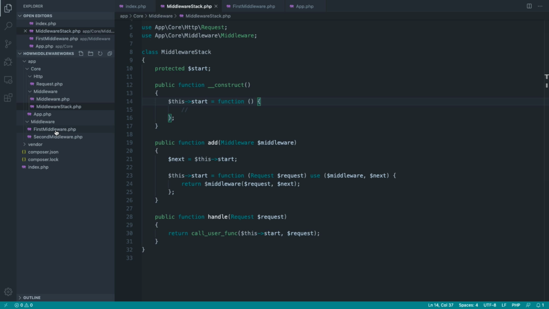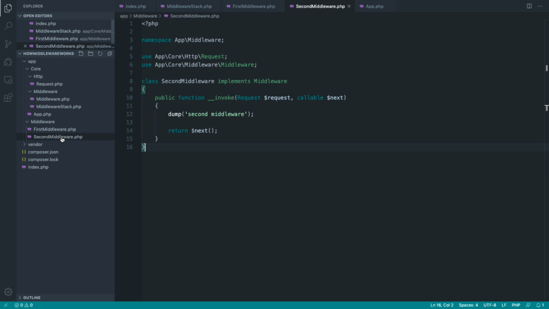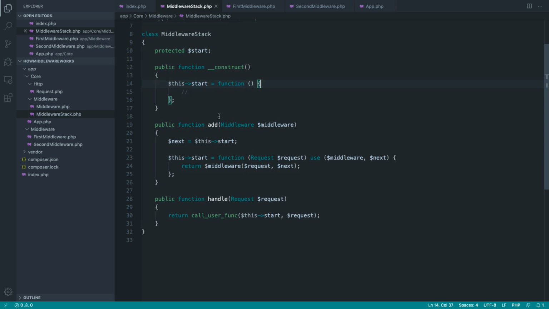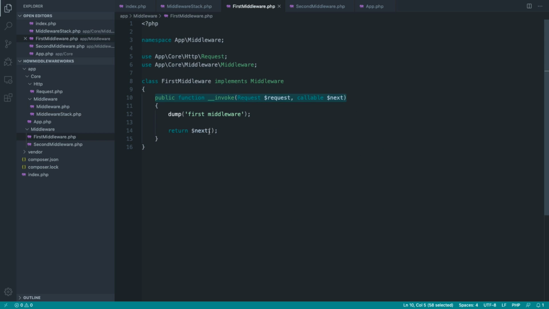The reason that this isn't working is inside of first middleware and second middleware now, when we call the next function, this requires the request to be passed in, because over in our middleware stack, this is taking in a request object. So we need to come over to first middleware and we need to pass down the potentially modified things that we're passing into each piece of our middleware. And again, if you've worked with middleware, you'll recognize this kind of thing, next request. So if we come over now and give this a refresh, you can see we get second middleware, first middleware,